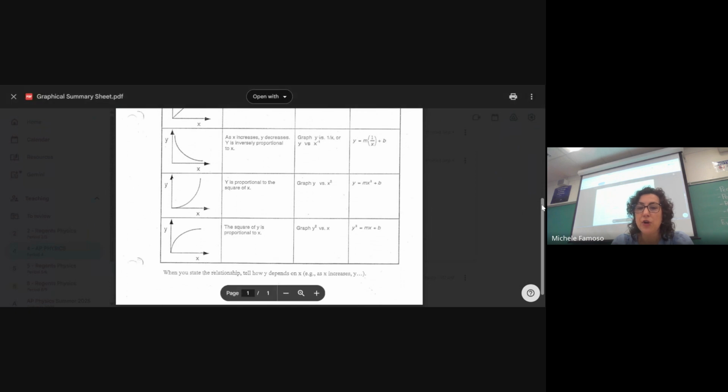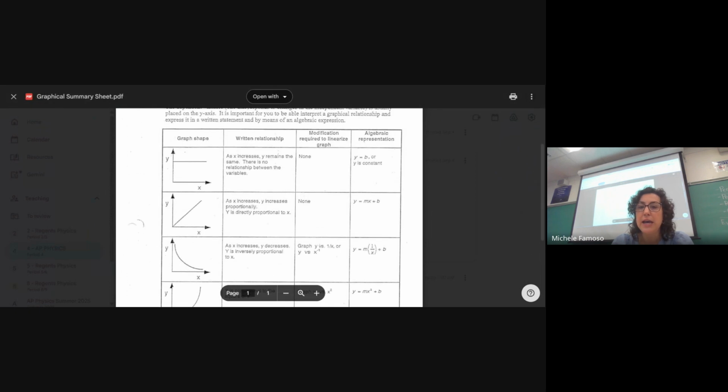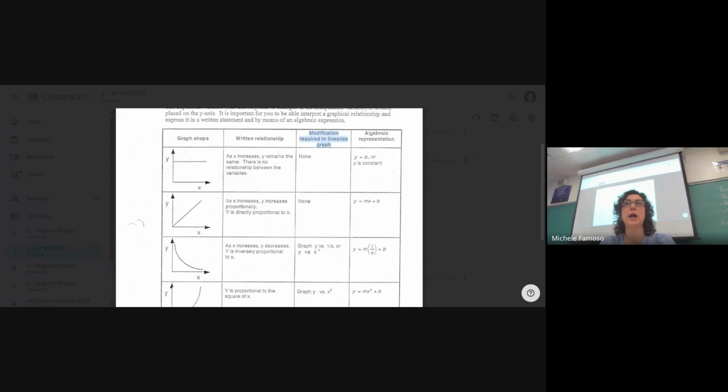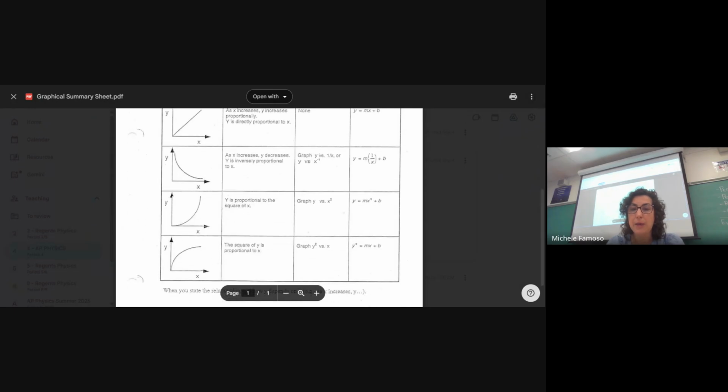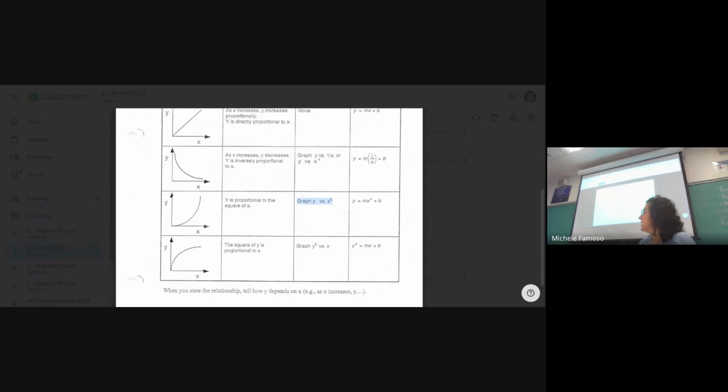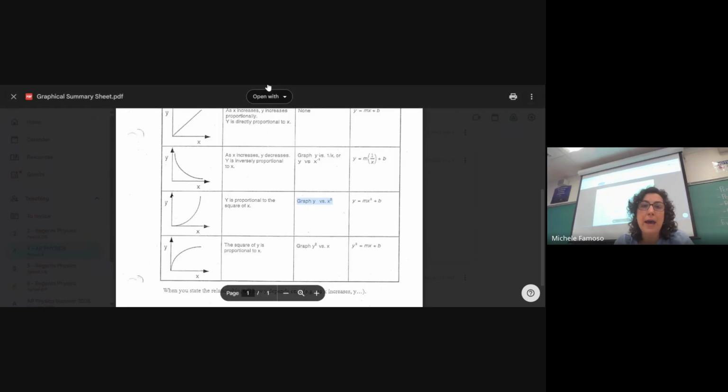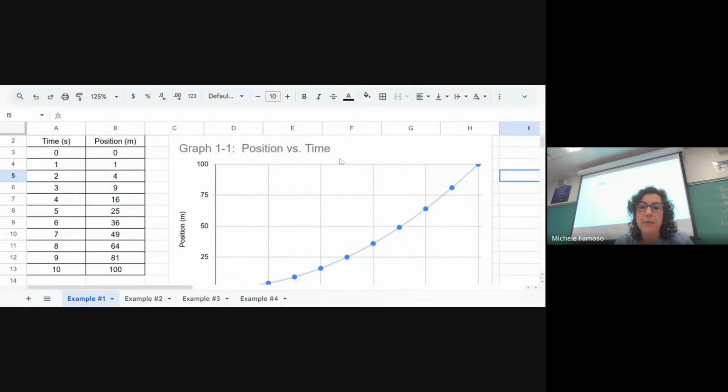Notice that the third column of this chart tells you, do you see it says modification required to linearize the graph? This is what it's telling you you're going to have to graph. If I come down based on this shape, we have to graph whatever's on the y-axis versus whatever is on the x-axis squared. Okay? So if I go back into my Google Sheet, it means my second data table is